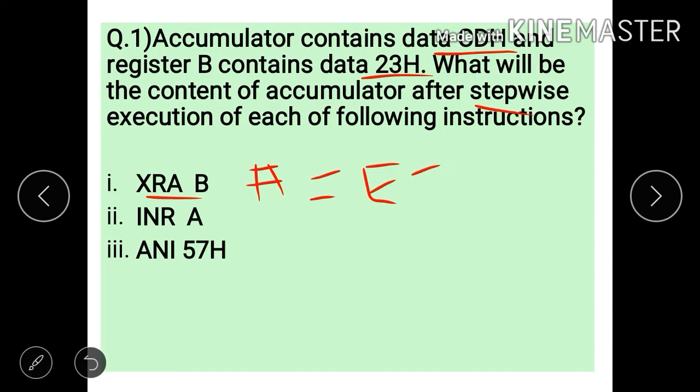EEH. So for the next instruction INR A, we will take the content of accumulator as EEH, not CDH. So this is called a stepwise instruction.